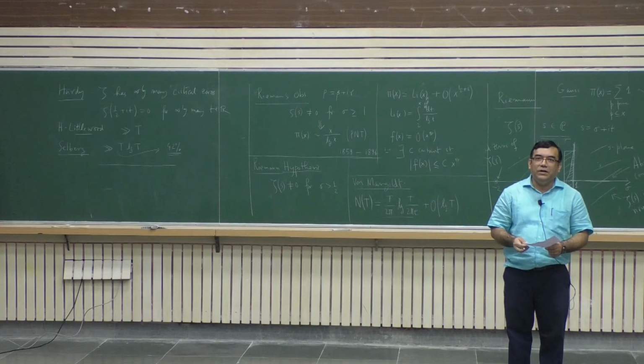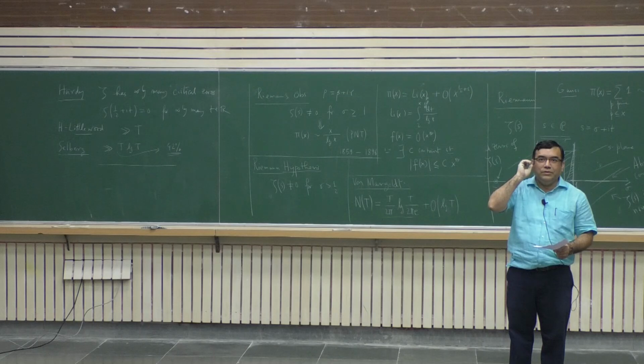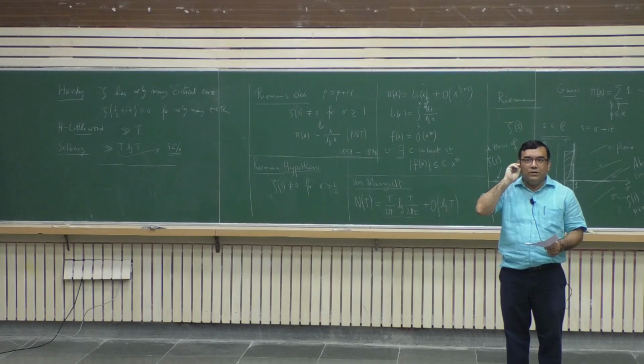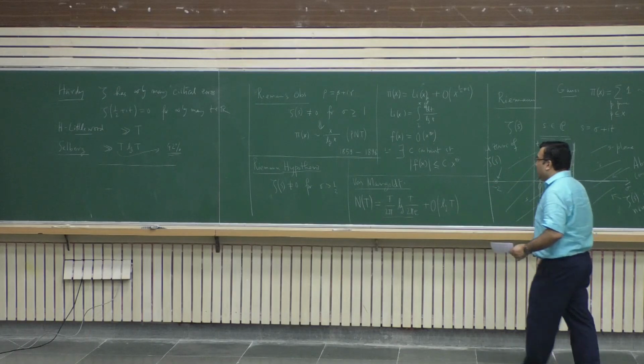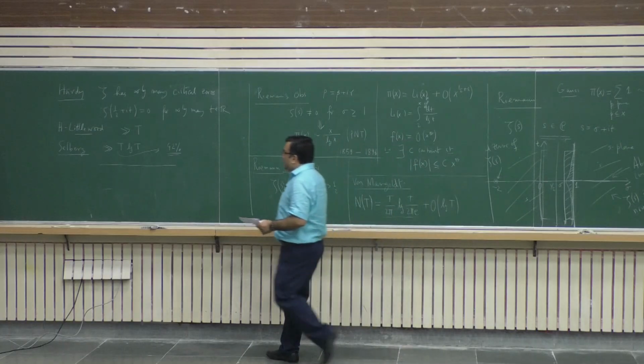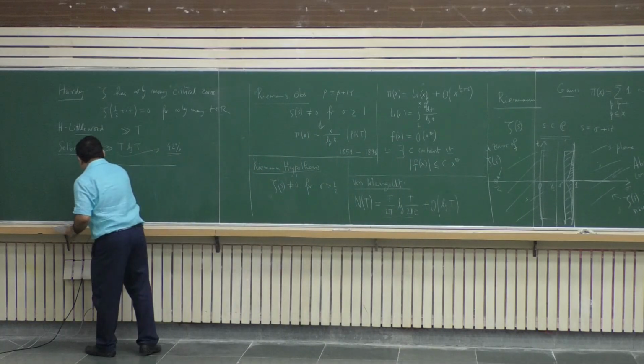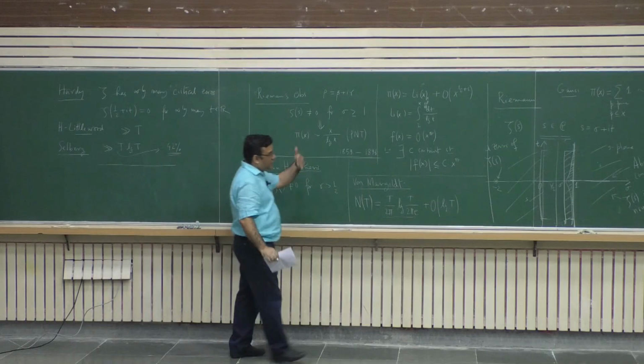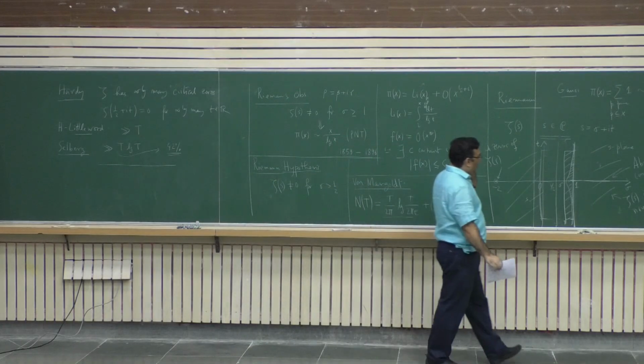Yeah. So now I want to relate zeros. So this is the results about zeros of the Riemann zeta function that we know so far. But there is another interesting problem of the Riemann zeta function, also related to zero, which is about finding out the size of the Riemann zeta function